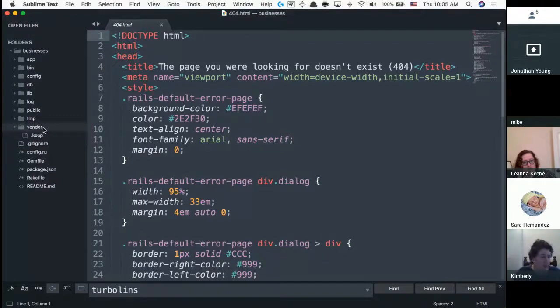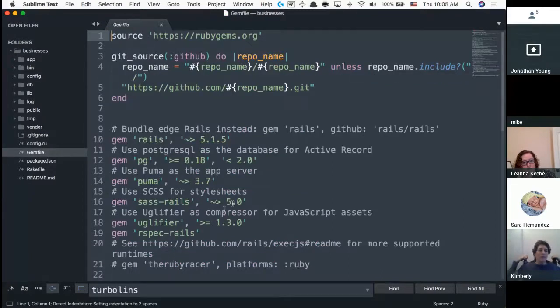And then vendor we don't really use. Some of the other things that we still see are the same, the gem file, except that there's a lot more gems now. If I bundle install this with no issues, you're going to get a gem file lock as well. The main things that you need to worry about in terms of folders are app, DB, and then the spec, whenever this decides to work.